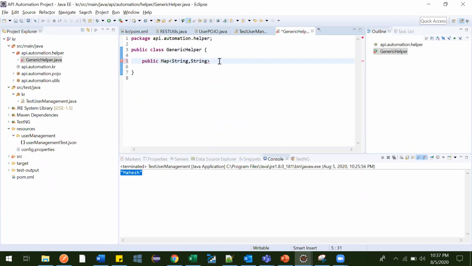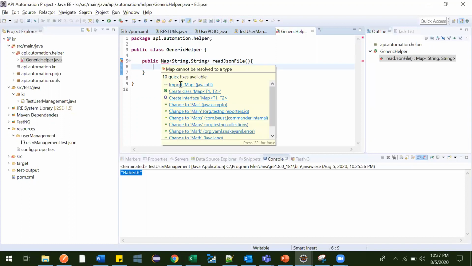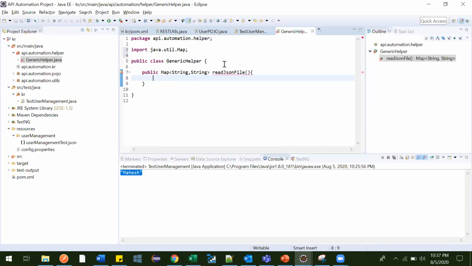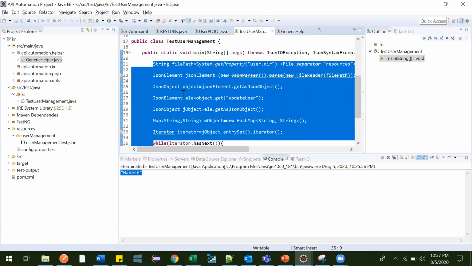What name? Read JSON file, this is the generic name we have given. Now let me go inside this, import this, and it is asking for a return statement. For the time being it is null, let it be. Now go here and copy it.